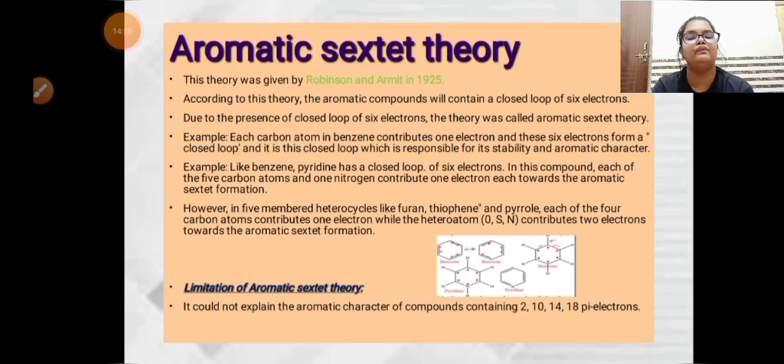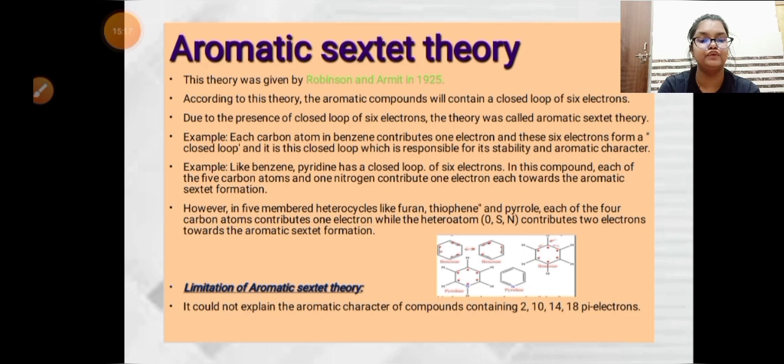However, in five-membered heterocycles like furan, thiophene, and pyrrole, each of the four carbon atoms contributes one electron, while the heteroatom, meaning the atom other than carbon, like oxygen, sulfur, or nitrogen, contributes two electrons towards